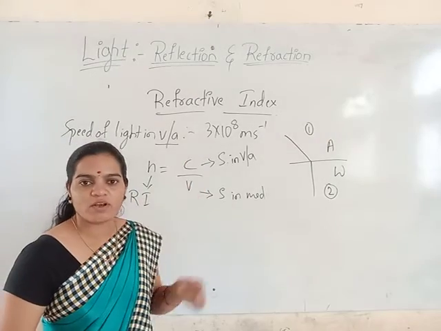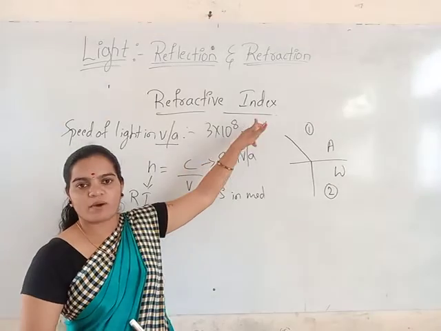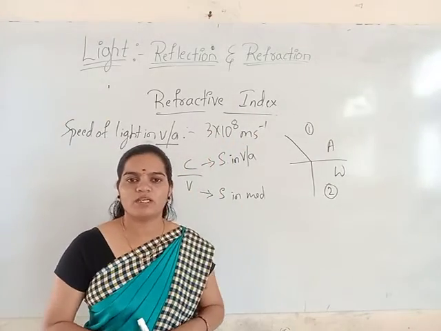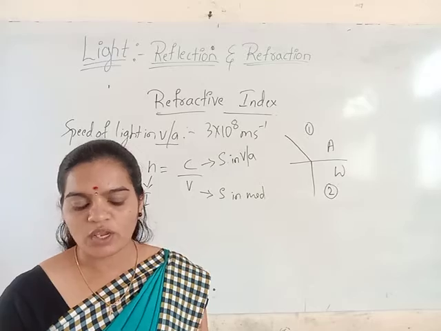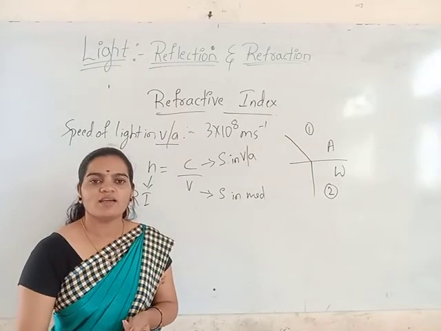The value of c, what will it be? Speed of light in the air medium, what will it be? 3 into 10 to the power 8 meter per second. Okay, I hope that all the things we have learnt in this class